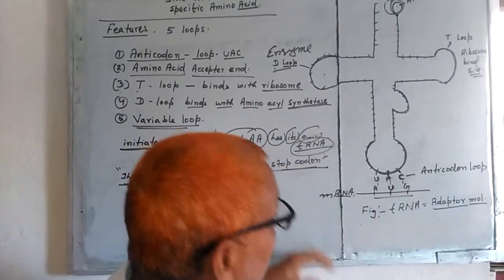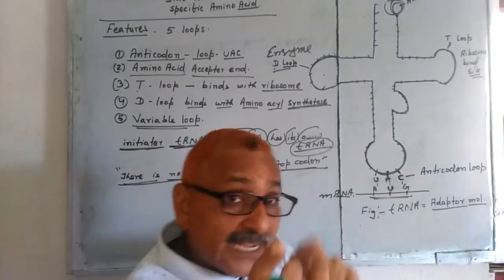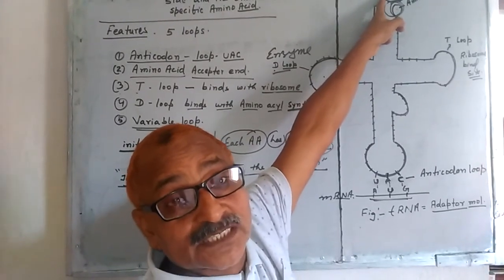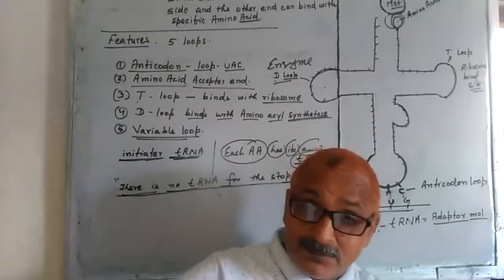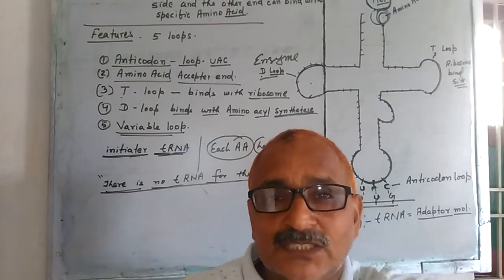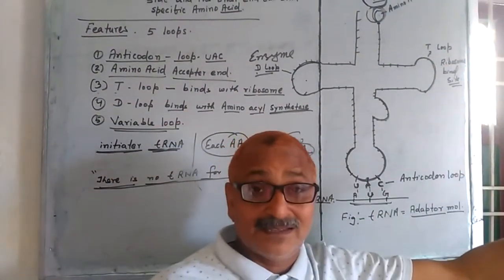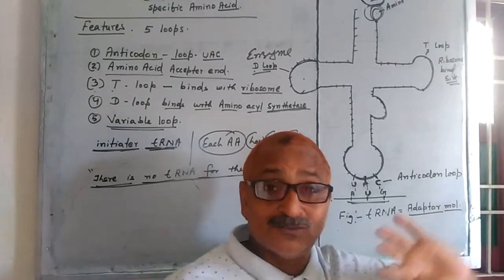The main importance is that it works like a mediator, an intermediary. It recognizes the codon on messenger RNA on one hand, and brings the amino acid on the other hand. So whatever the code is, it searches for the amino acid and brings it to the site of protein synthesis. Next topic we will study is protein synthesis.